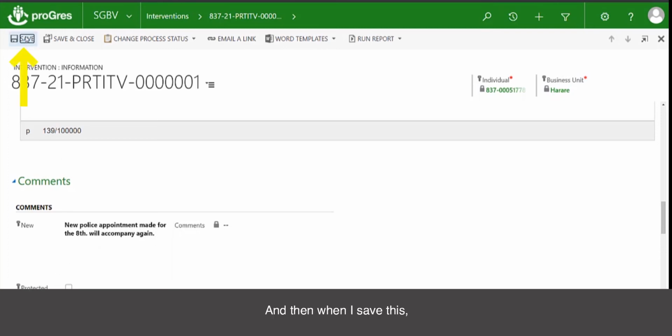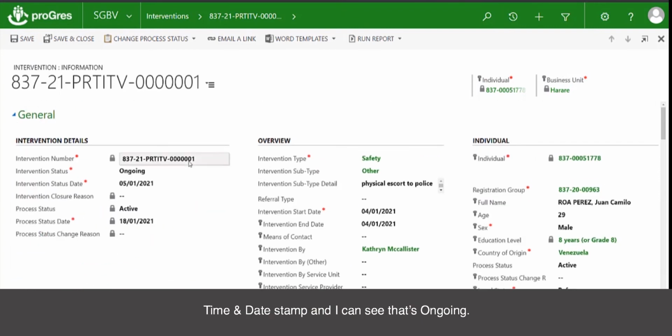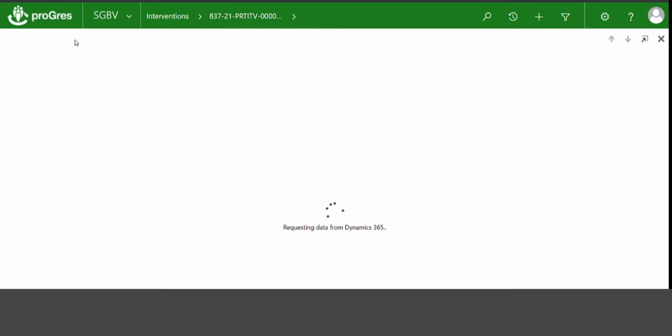And then when I save this, now my intervention has a new time and date stamp, and I can see that it's ongoing. If I save and I close this,